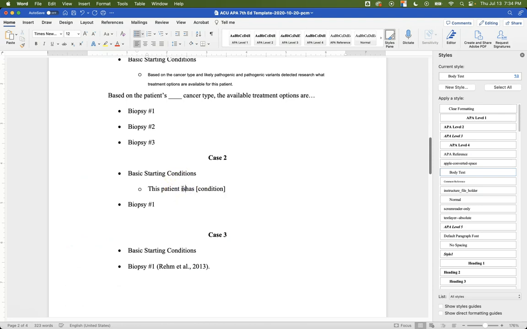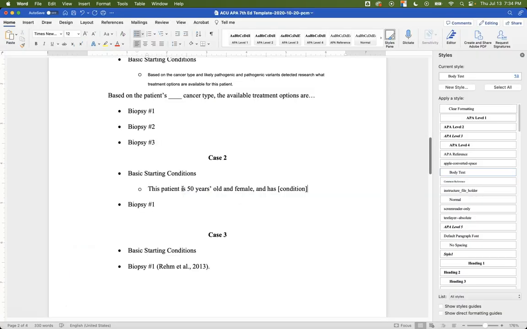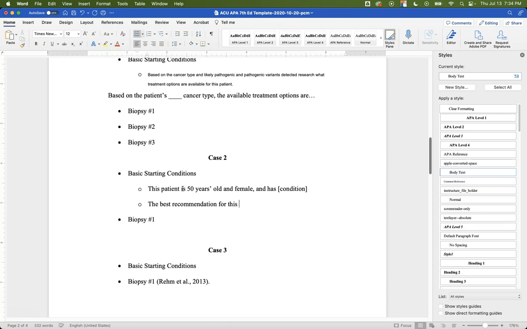And we can see, all right, you're going to be doing something where you're giving the best recommendation, whatever that is, and telling us your basis for that, including citations, and that we